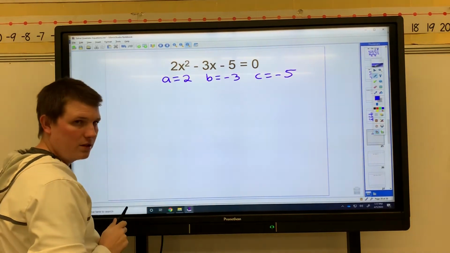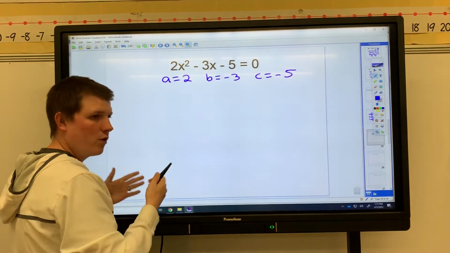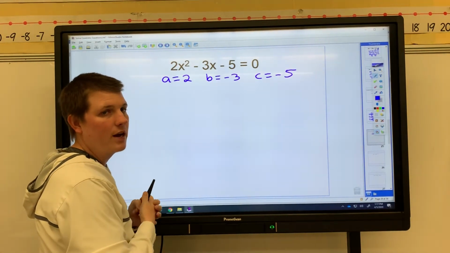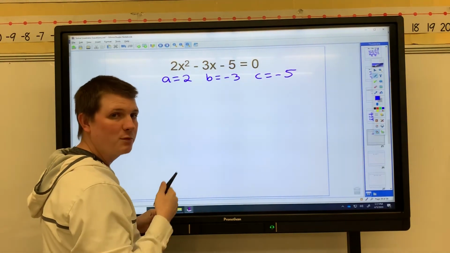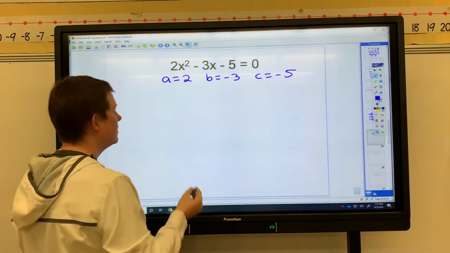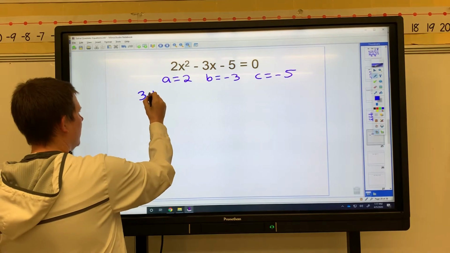So we're going to plug it into the formula. Hopefully you have your formula written down in your notes, so you're looking at it right now. Negative B, since B is negative, it becomes positive. Remember, it's always the opposite. So 3 plus or minus